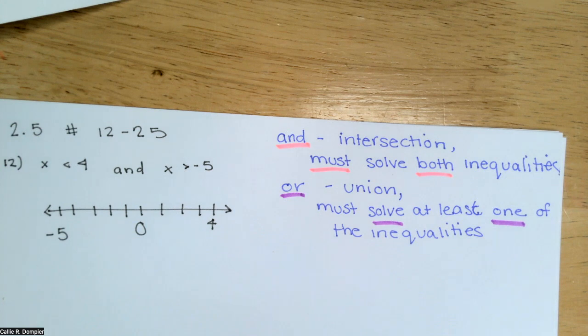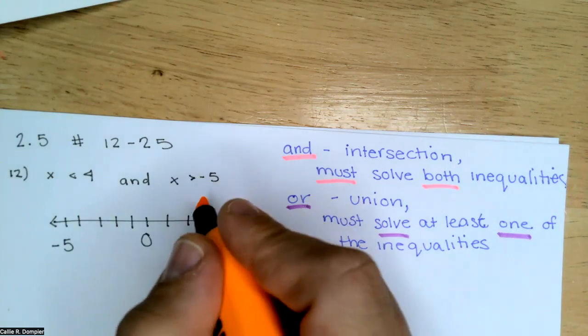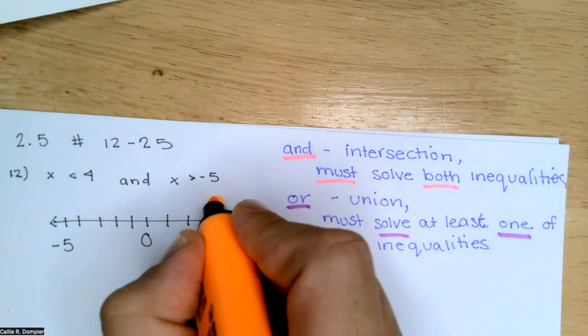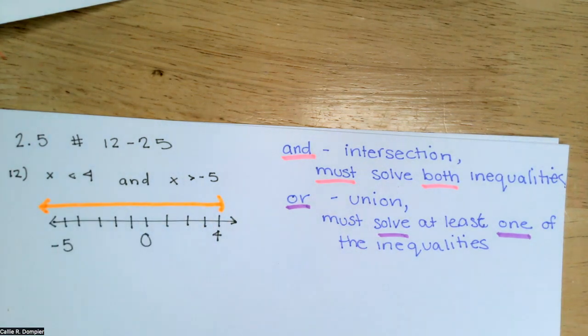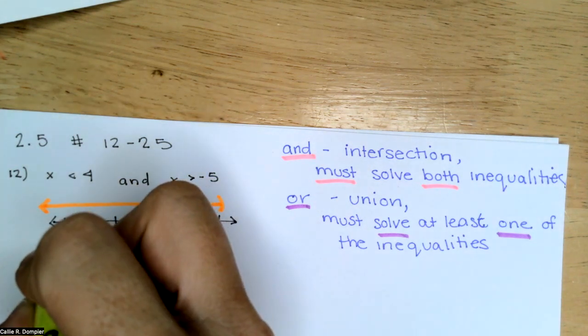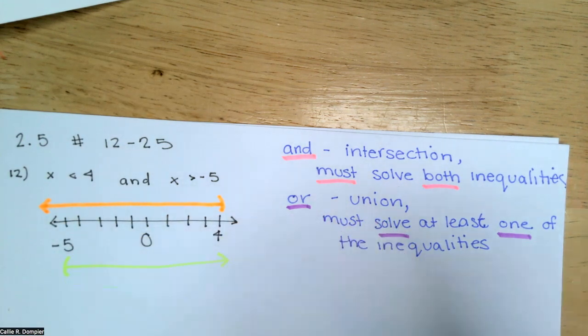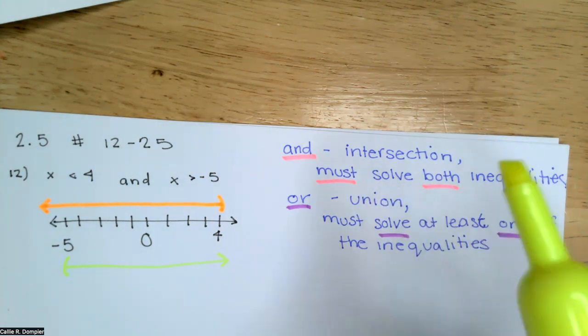Okay. So 12, what I do to solve these is I take x is less than 4. Let's put that on the graph. Remember, less than is a parenthesis. Going forever in this direction, the line will. Good. And then we have x is greater than -5. So I'll put a parenthesis at -5 going the opposite direction. Good. An intersection must solve both inequalities. So